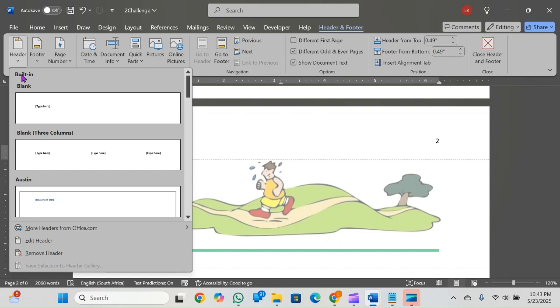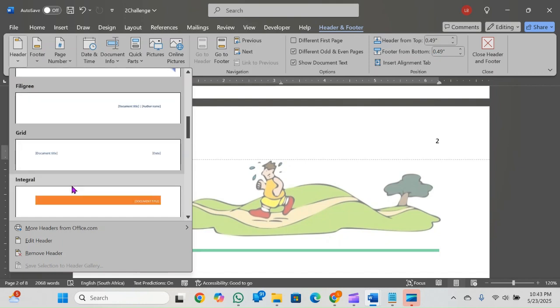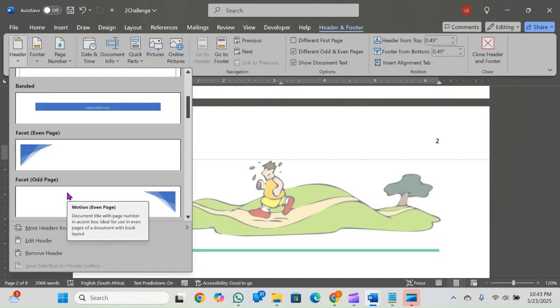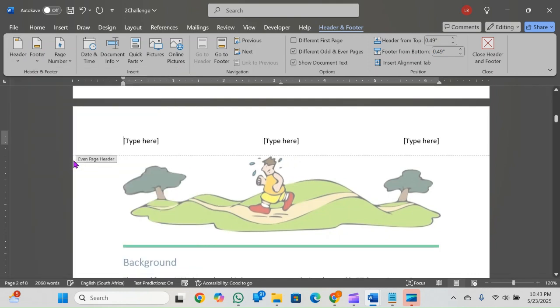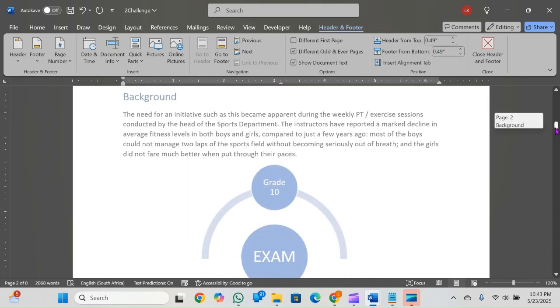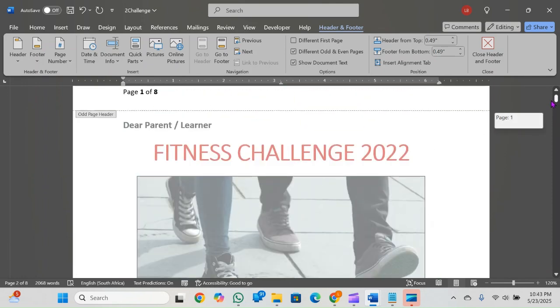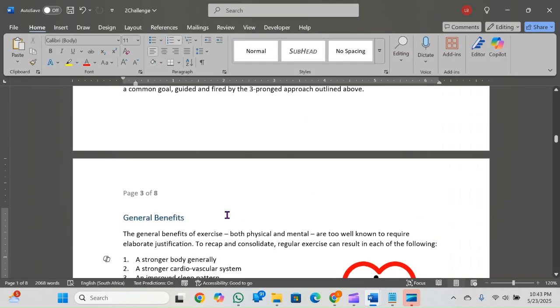here it's going to give you the built-in header. So you can choose, you just want it blank, do you want it 3 columns, do you want a grid, whichever option I'll ask you to do. I'm going to select 3 columns. Now I'm going to type in whatever they are asking me to type in as per the document or as per the test. Okay, so that's it for headers